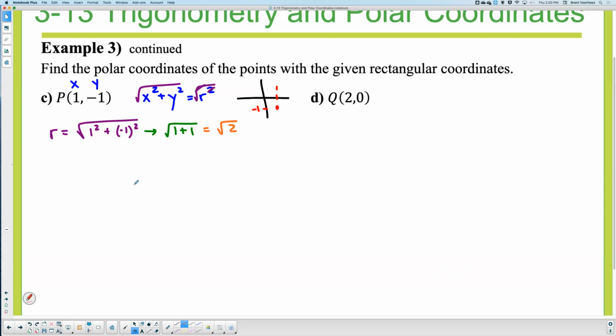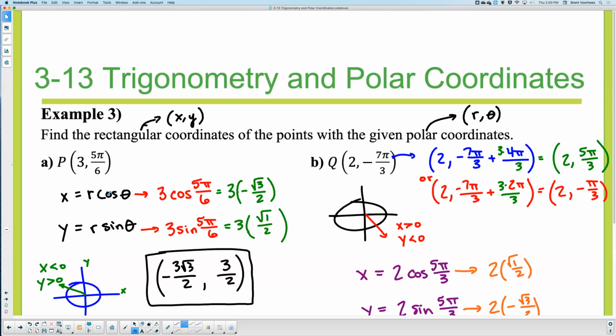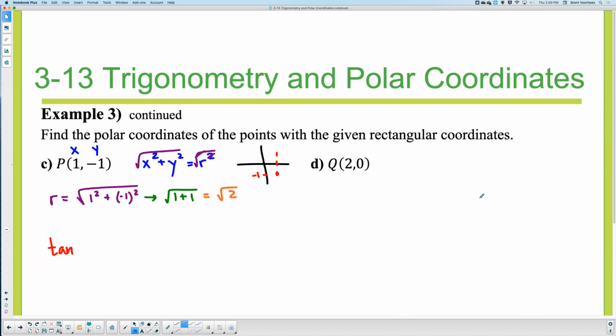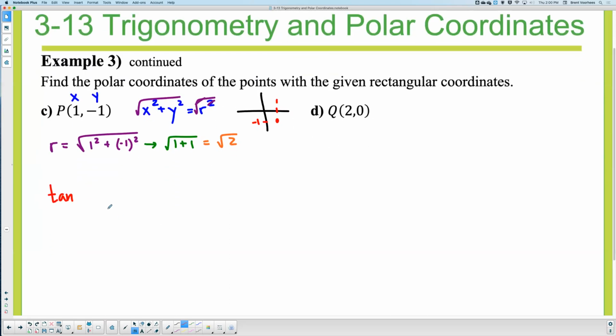Now here's what I want you to make a note of. How you get your theta is you use the tangent formula. So remember on part A and B, we were using the cosine and the sine formulas. Cosine and sine go together when you find x and y. Well, when you find r and theta, you use Pythagorean and tangent. What is tangent's formula? Tangent is y over x, which means tangent theta is going to be,